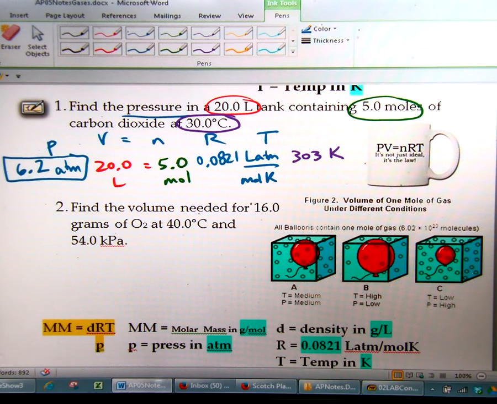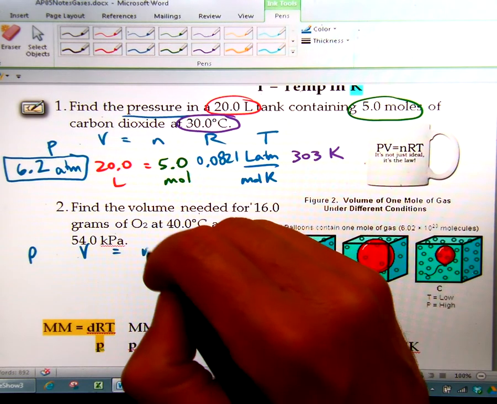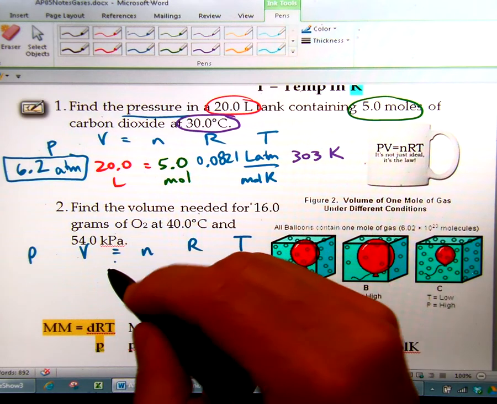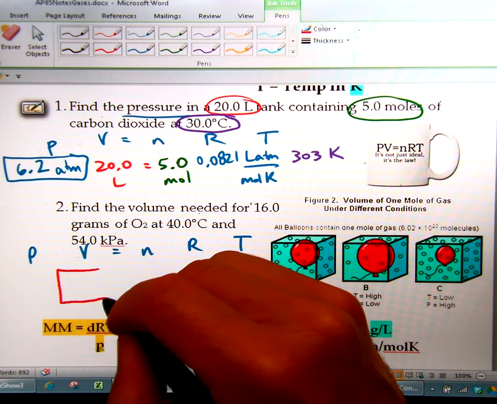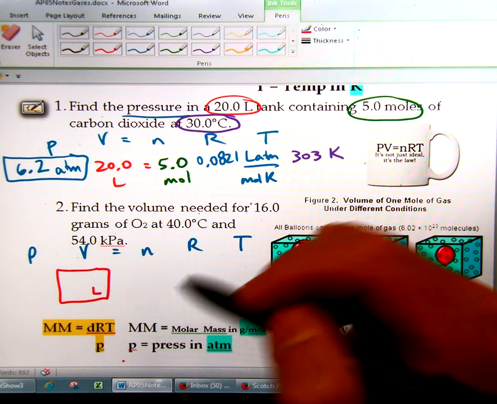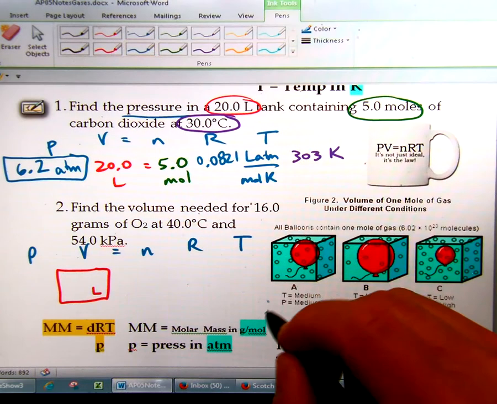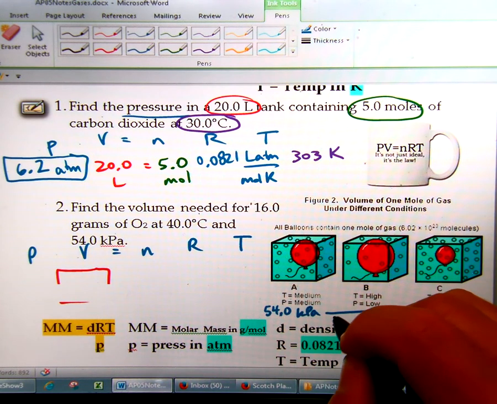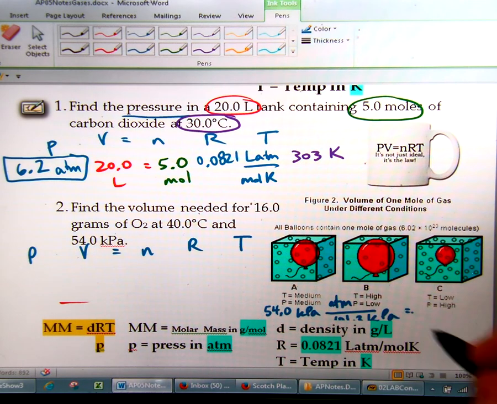Now let's suppose we're going to move down here to solve the next one. It's the same type of problem, PV equals nRT. And we're going to look at what they gave us in the problem. We're trying to find the volume now. So if we don't know the volume, it's over here. But we do know it's going to be in liters. The pressure was given as 54.0 kilopascals. Now you can't use that, you have to use ATMs. So you have to do a little conversion, 54.0 kPas. There are 101.3 kPas in 1 ATM. So when you do the math for that, 54 divided by 101.3 gives you